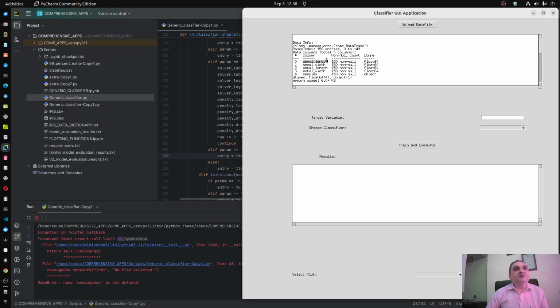Now, these columns are sepal length, sepal width, petal length, and petal width. These are four characteristics or features of plants. And once these four columns are given, you are supposed to predict the species.